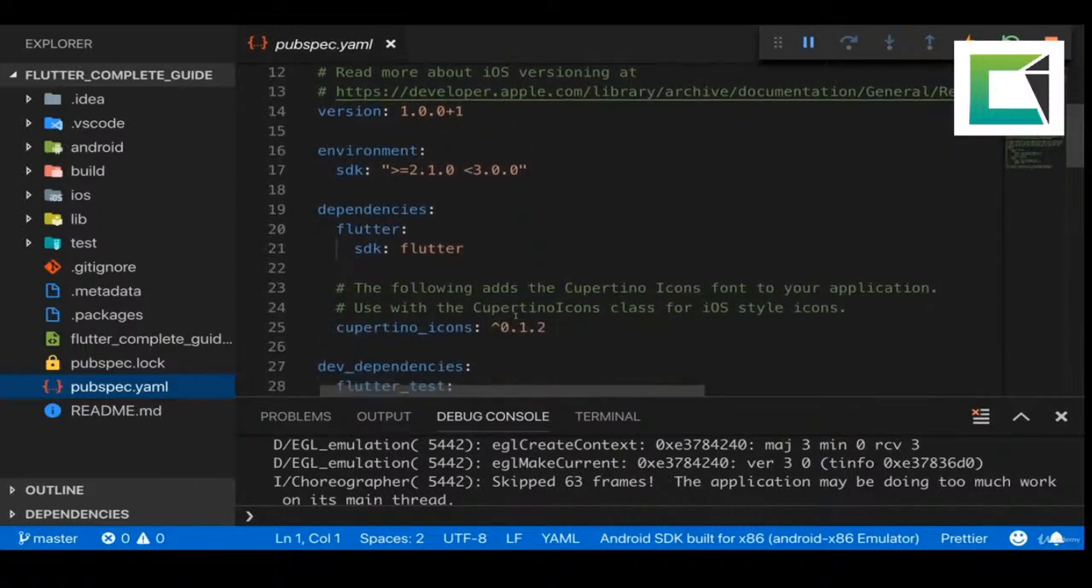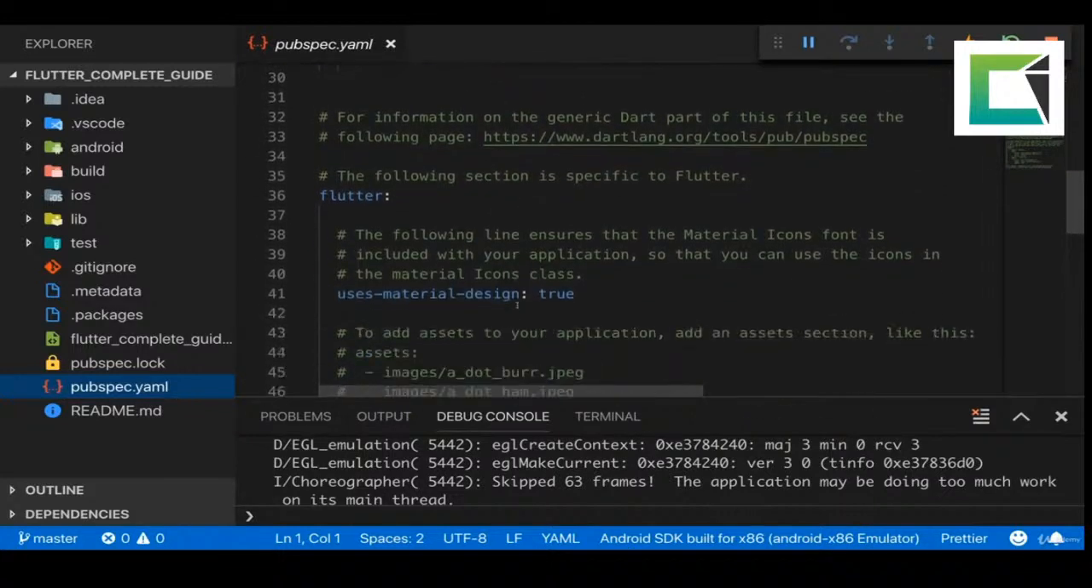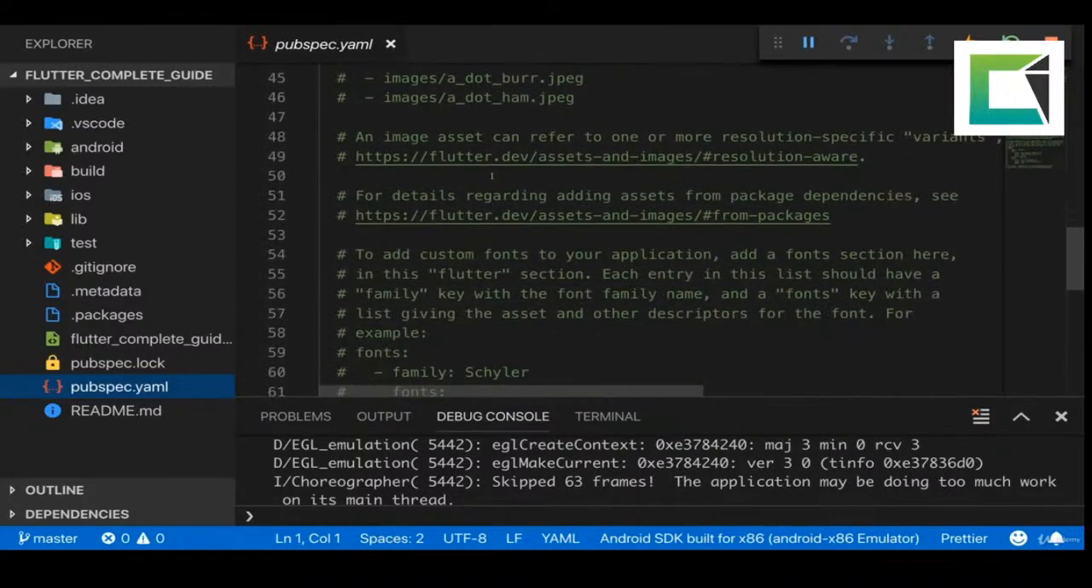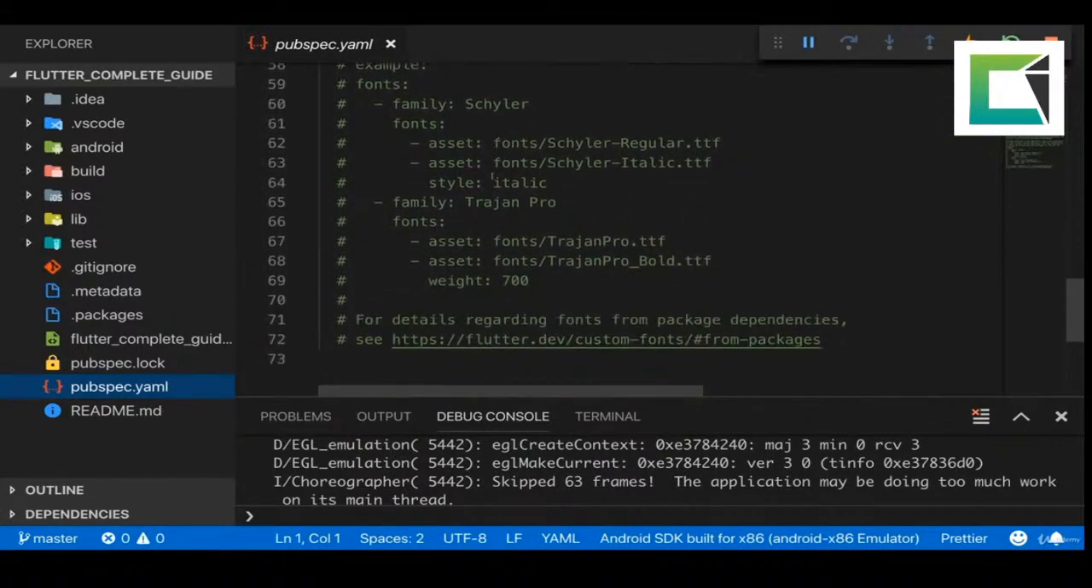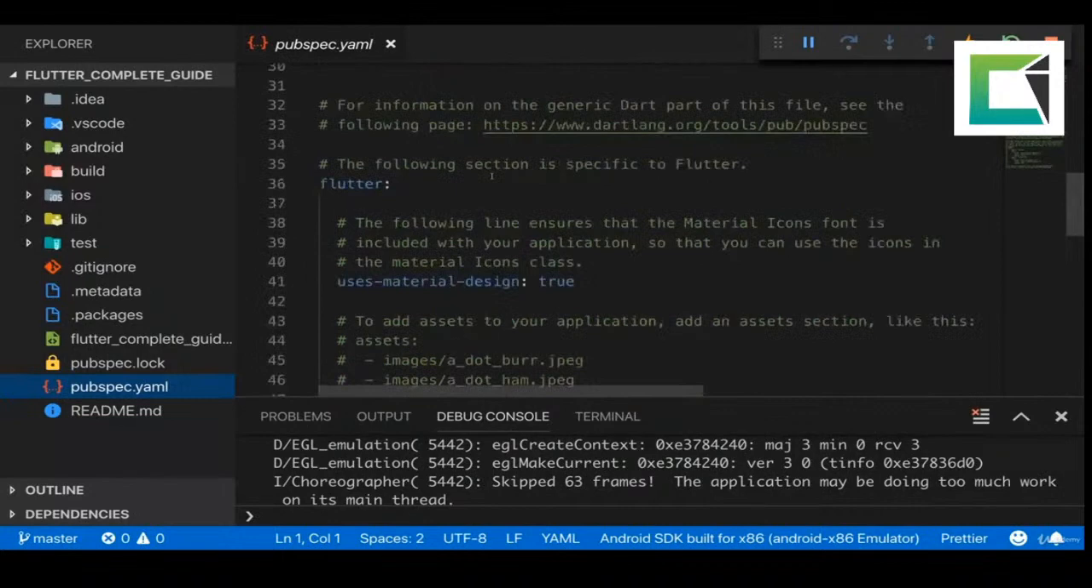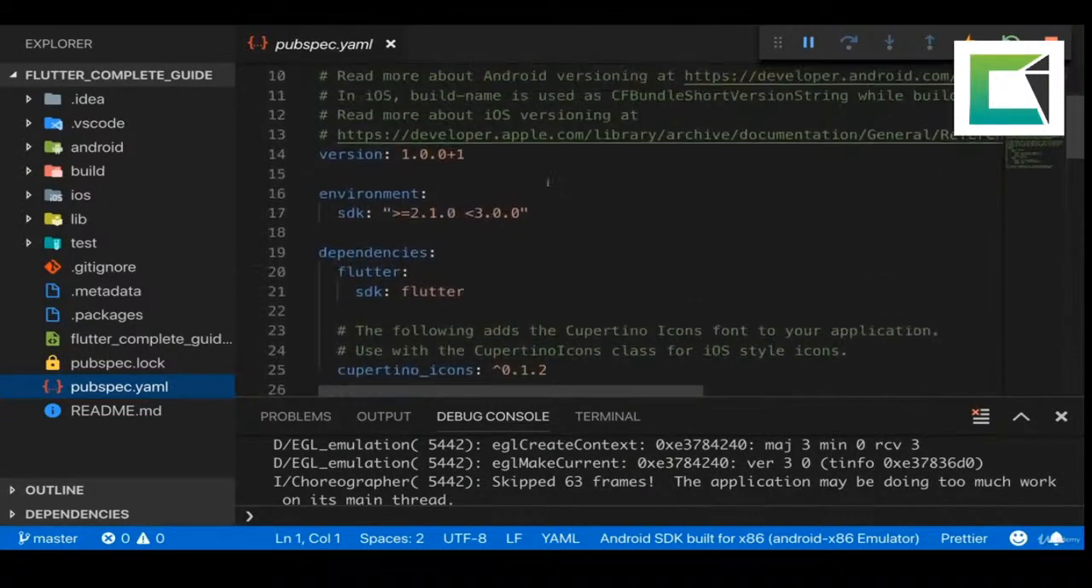And we'll use all these features. We'll work with third-party packages and we'll use fonts and images. And therefore, I will show you how to work with this file and how to change it to include new fonts or new images. I will show you all of that step by step. Basically, what you have here is